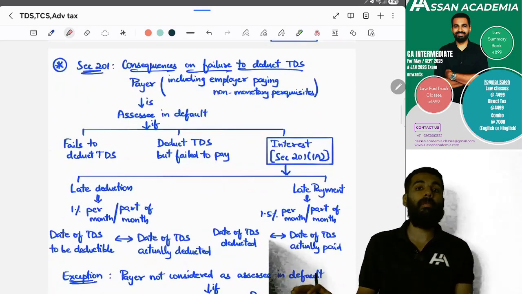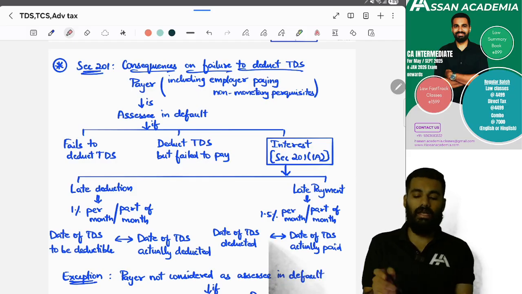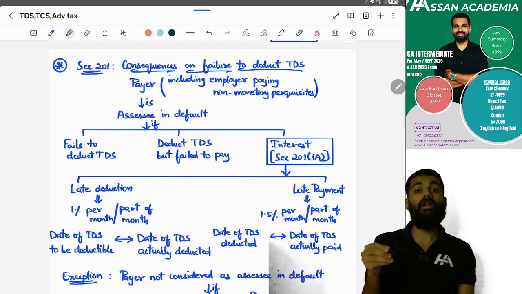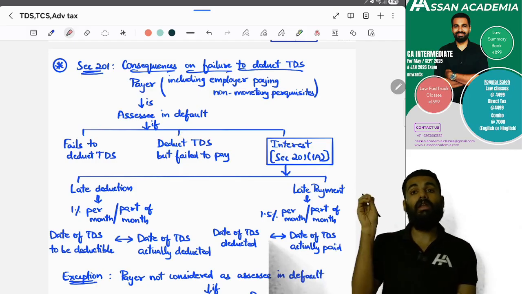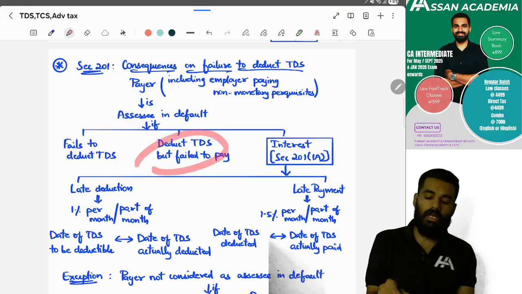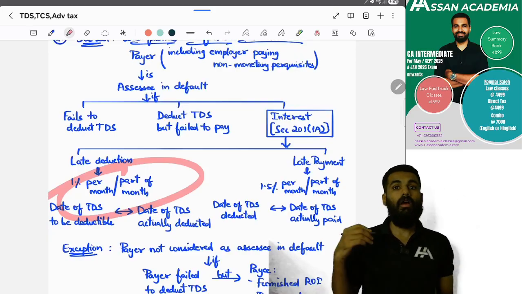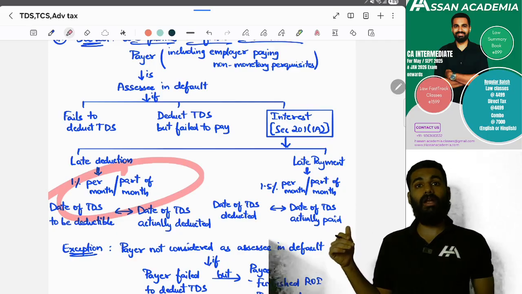Yes. And what if the payer has not deducted TDS? He will be an assessee in default. Yes or no? Yes. And what if he deducted TDS, but he did not make the payment to the government? Still, he will be considered an assessee in default. Yes. In that situation, 1% per month or part of the month,